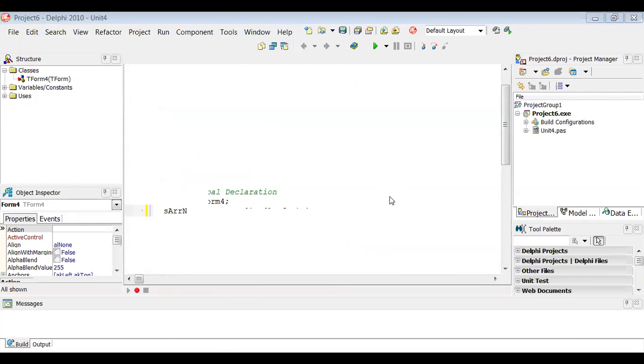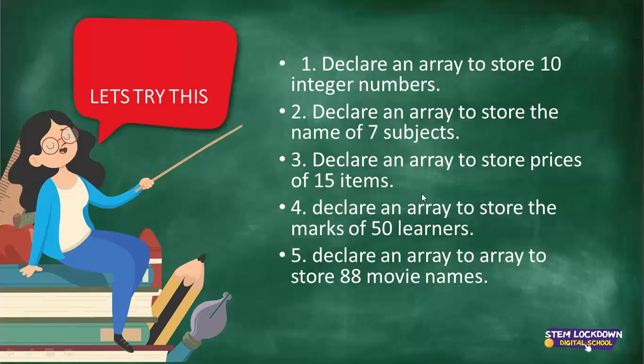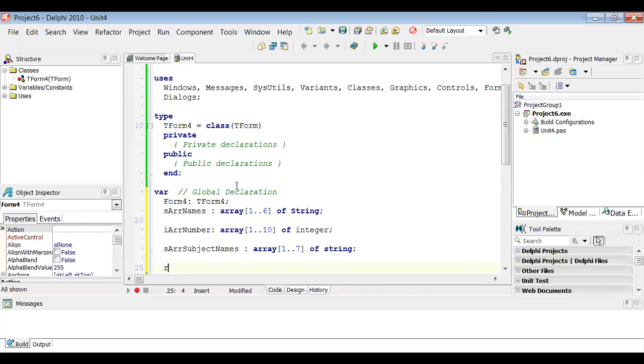Now, notice the third thing over there. It says declare an array to store the prices of 15 items. Would you agree with me that prices are obviously going to have decimals in it? Because it may have decimals, we're not saying that it will, but we need to cater for all scenarios. So I'm going to use a real array over there, or a real data type. So R array prices, colon array